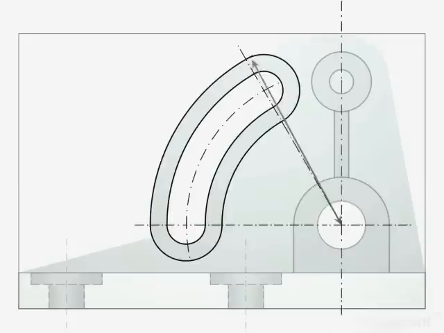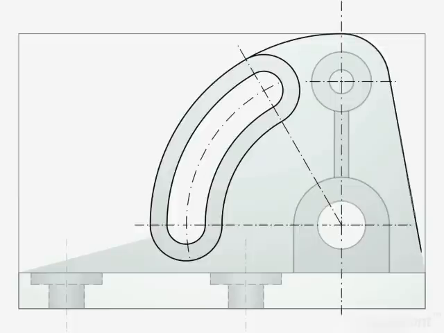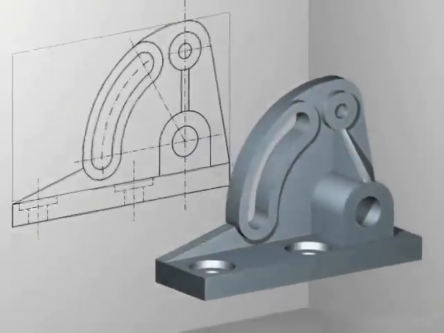Now let's go to the rounded corner of the vertical plate. It has a radius of 20 mm. Join it with a tangent line that extends till the base plate. As the last step of the front view, draw the inclined rib at a 15-degree angle connecting the slot. So here is the complete front view.